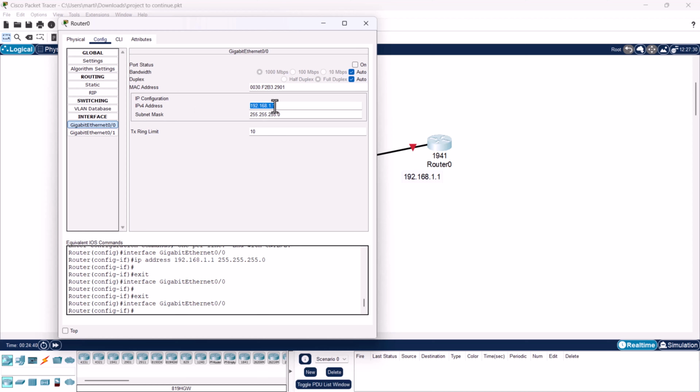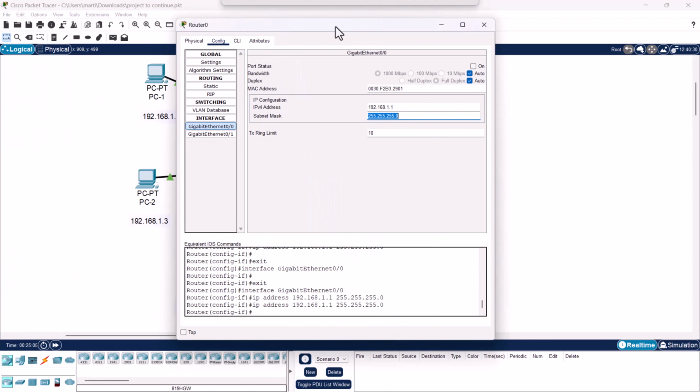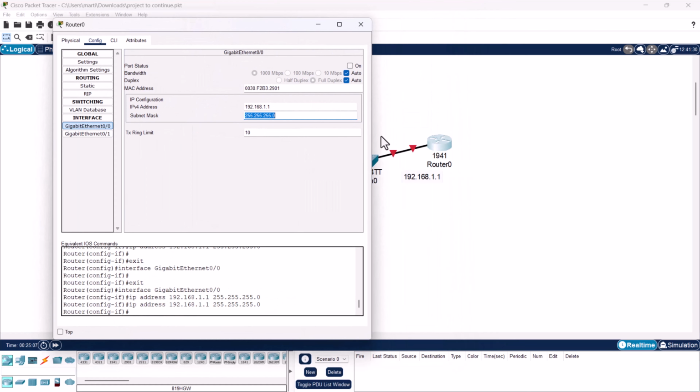It is 192.168.1.1, and the subnet mask is also assigned to this port. However, you will notice that this port is still not enabled, and as you can see here, if we look near the router, this triangle or this connection is still not established with our switch. So we need to continue and establish this connection between our switch and our router,